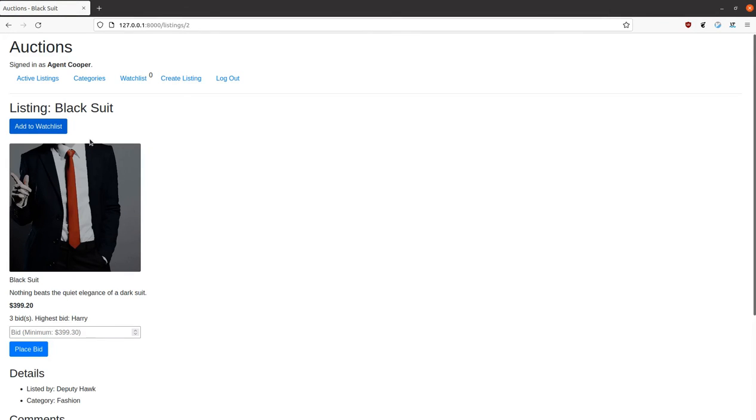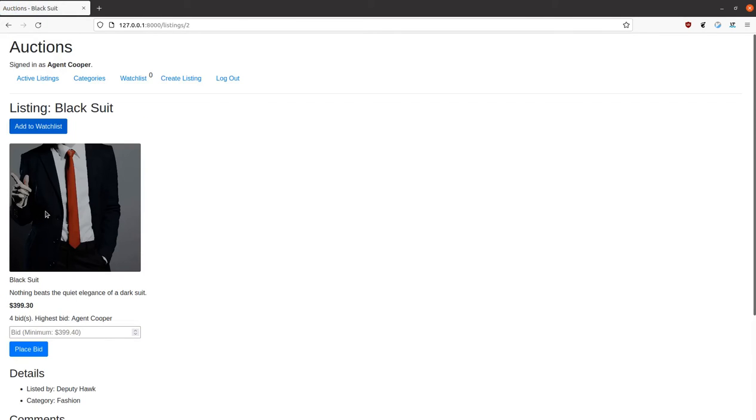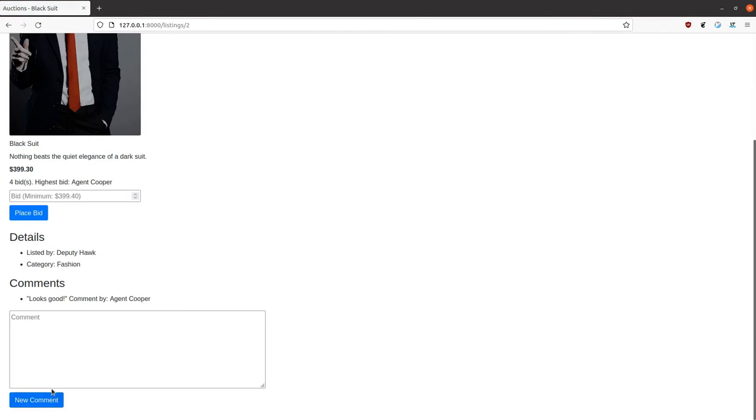Let me start out by placing a bid on this article. I enter the required minimum amount into the field, press the button below, and you can see that I'm now the highest bidder. In order to make a comment, I enter some text into the field. Click on the button below, and you can see the comment has been created and is now displayed below the comment